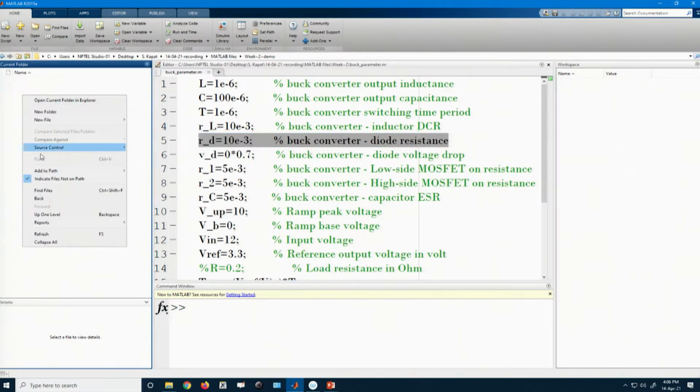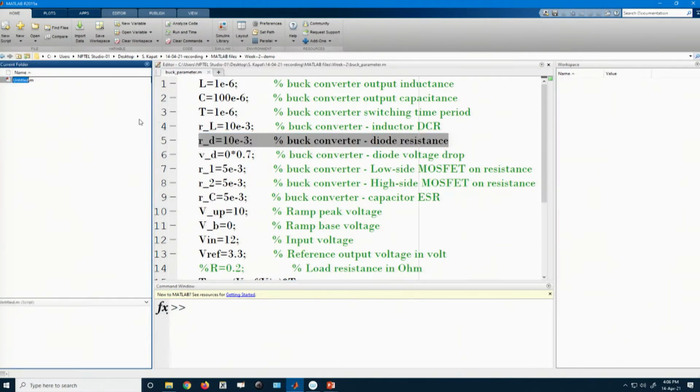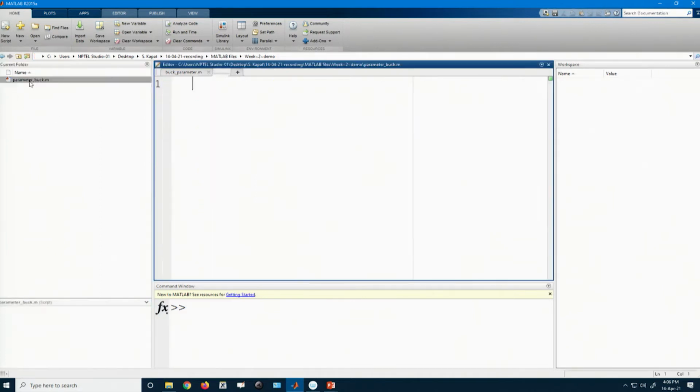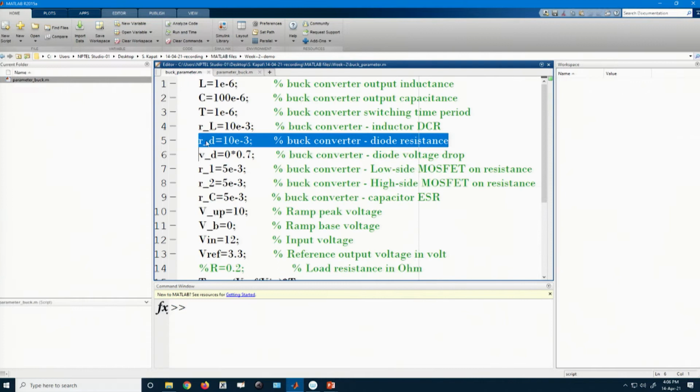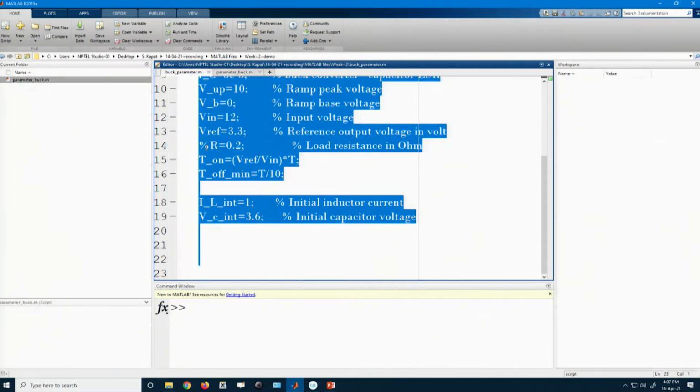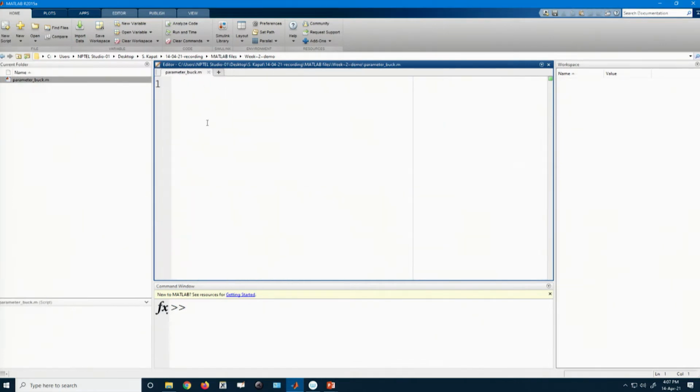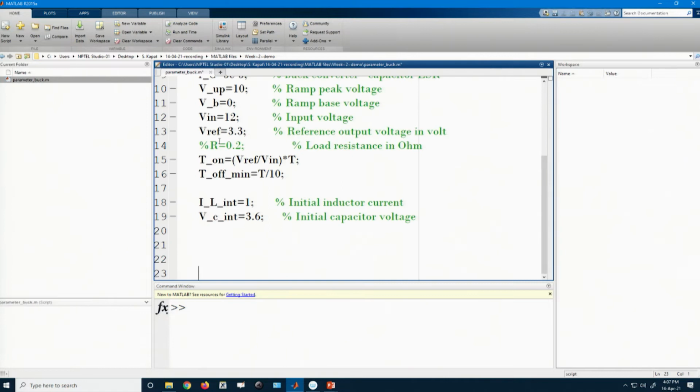Let us open a new file, a script file. We can name it parameter buck converter, and this is a new file. I am using existing data from some other file, so you can simply put this file.